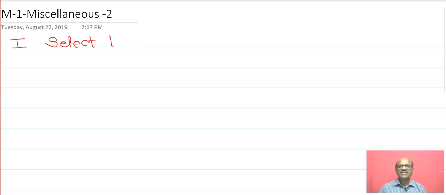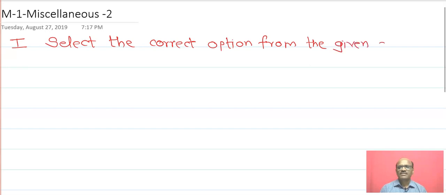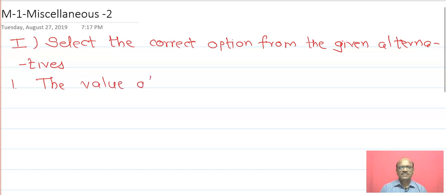Now we'll start miscellaneous exercise 2. First, select the correct option from the given alternatives. First, the value of the expression